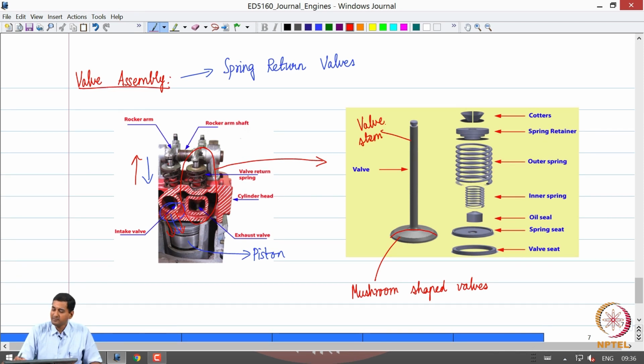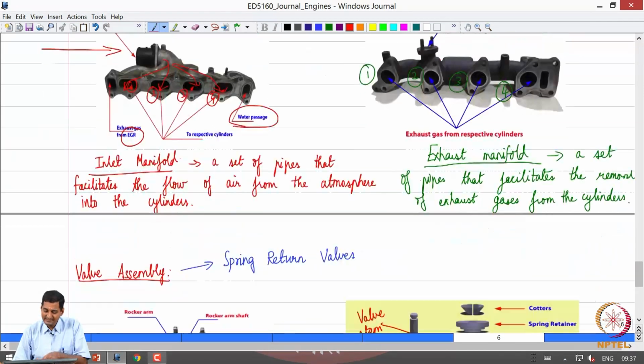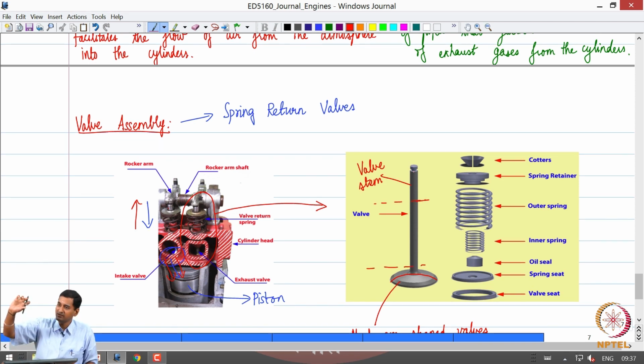Okay. And what happens is that you take this valve and insert it from the bottom of the cylinder. We saw the bottom view of the cylinder head, you just insert it like this. Then the stem comes to the top of the cylinder. So, let us say this is the thickness of the cylinder head, part of the stem projects on top. You put the valve seat here so that the valve sits on the valve seat. The valve seat is put at the bottom surface of the cylinder head where the valve head, which is in the shape of a mushroom, will sit.